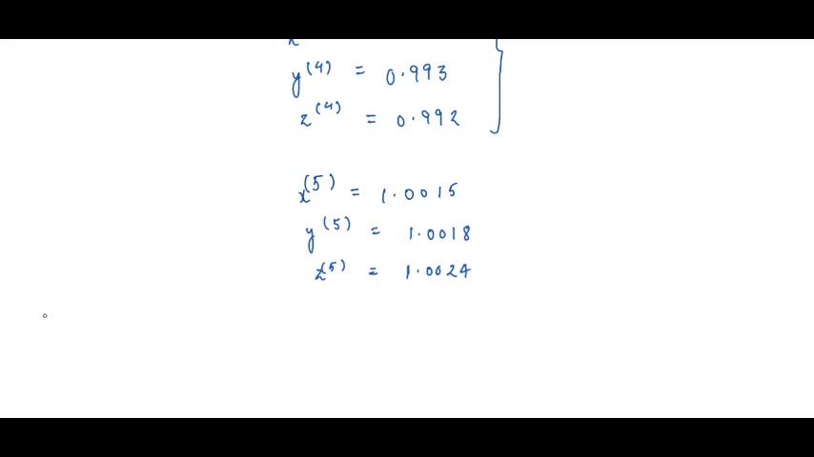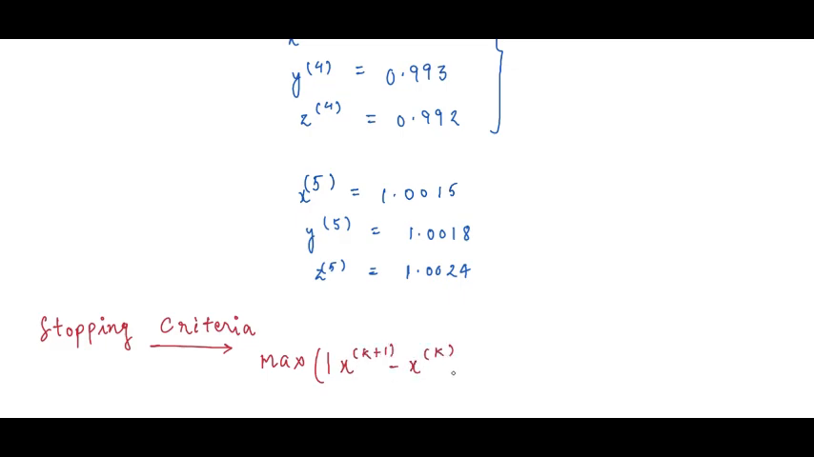So a practical question now arises: when should we stop the iterations? The most common stopping criterion is the maximum of |x(k+1) minus x(k)|, |y(k+1) minus y(k)|, or |z(k+1) minus z(k)|, which should be less than epsilon, where epsilon is the prescribed tolerance. Another commonly used criterion is to stop when the values remain unchanged up to the required